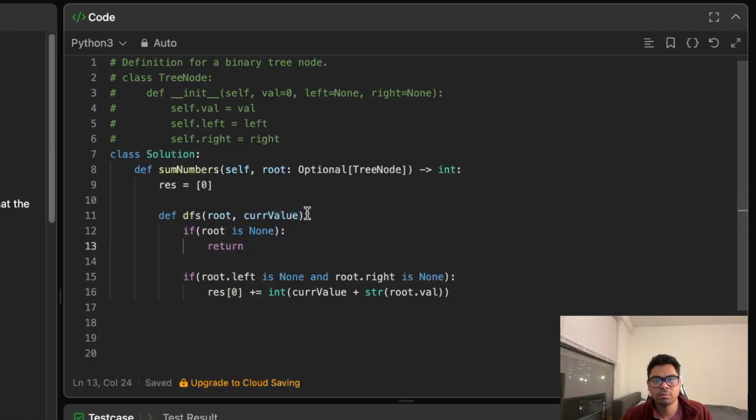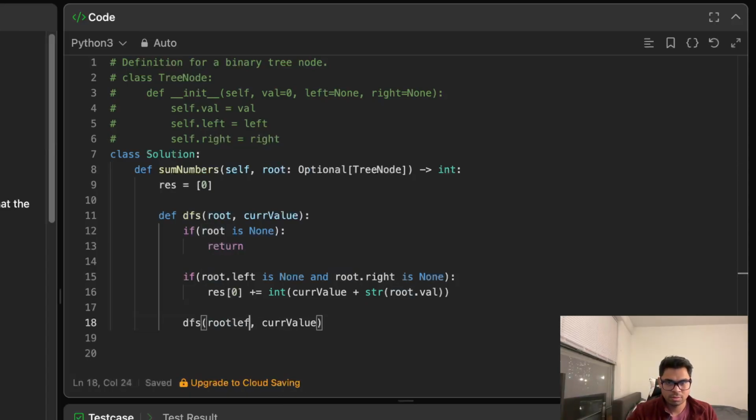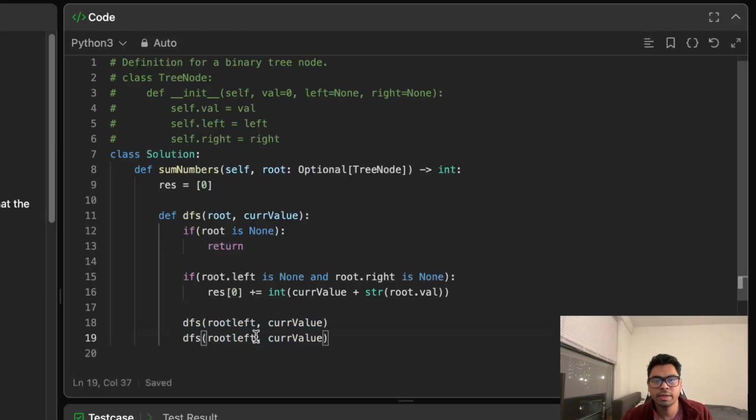You can call left and right problems in any order you like. So I'll just call it on left first and then right. Root dot left and root dot right. And one more thing, this cur value needs to be updated with the current root value,